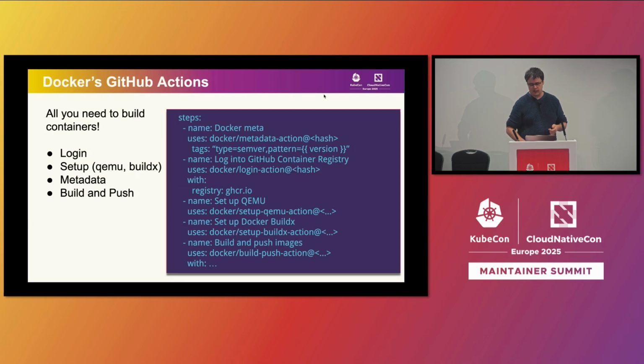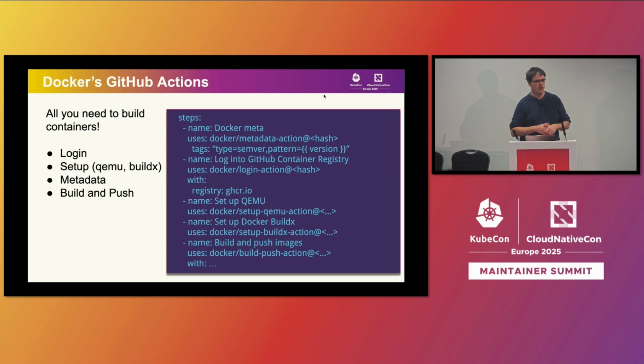There's another one, and this is one I have to admit I have not been using for a very long time and hurt myself a lot by doing that. So a thing you might be doing in your repository is building containers. And then, of course, Docker comes to mind. They have a set of actions you can use out of the box. One I knew very early on is the login action, so you can log into Docker Hub, but also to the GitHub registry. There's, of course, one to set up Docker build, to build and publish the images.